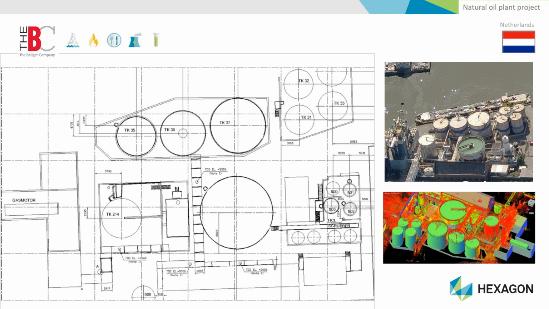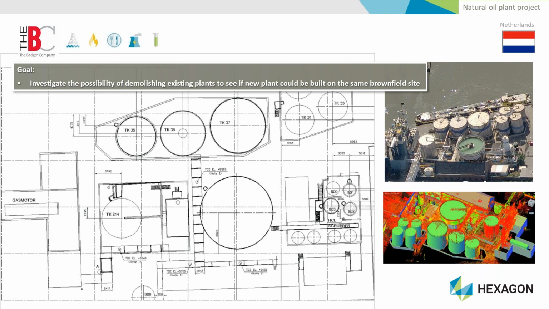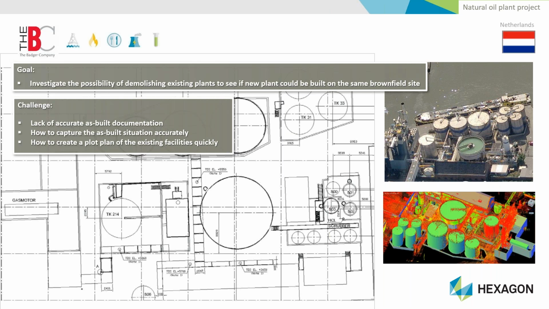Here we have the Badger Company, a company that's based in both the Netherlands and Romania. Their project involved investigating the possibility of demolishing an existing plant that you see here up in the top right, to see if a new plant could be built on the same brownfield site. They needed to install some further major equipment items and a reactor, and of course the challenge was that there was no accurate information about this facility. I think the most they had was some kind of Google Earth view of the plant as a sort of